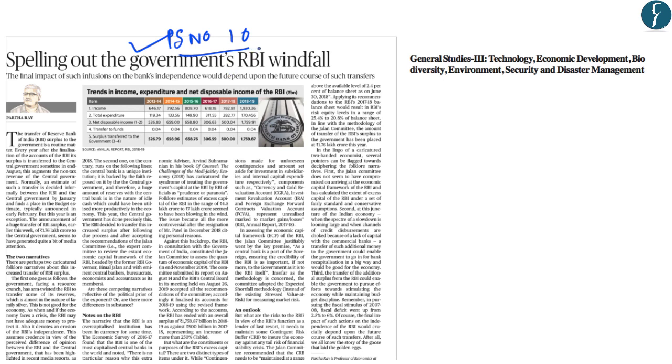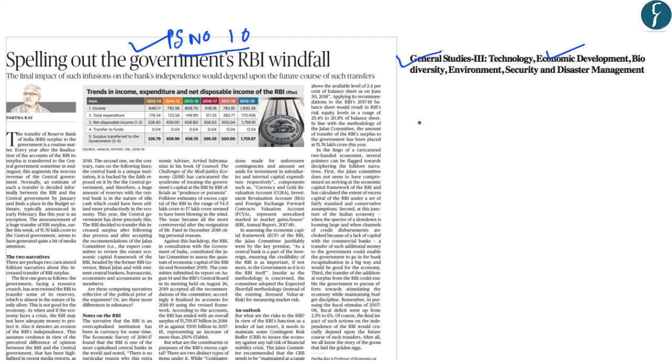Now, this article on page number 10 talks about the surplus transfers from the RBI to the government. And this will also fall under General Studies paper 3 under the topic economic development. Now, this article mainly highlights the two narratives regarding the transfer of surplus from the RBI to the government. The first narrative states that the government has arm twisted the RBI or has forced the RBI to transfer such